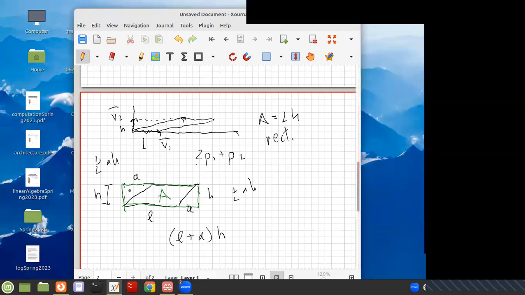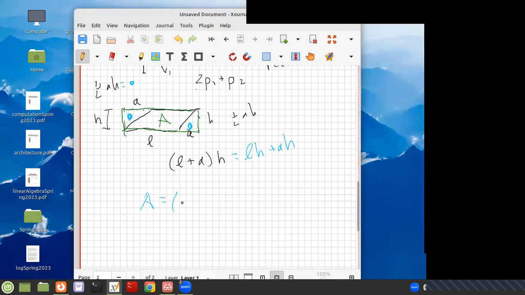I want a triangle here and a triangle here. Each of these triangles' areas is 1/2 A times H. So this is the area of the big rectangle, which is LH plus AH. If I subtract, the area that I want will be this big area minus this area and this area. So I have to subtract off